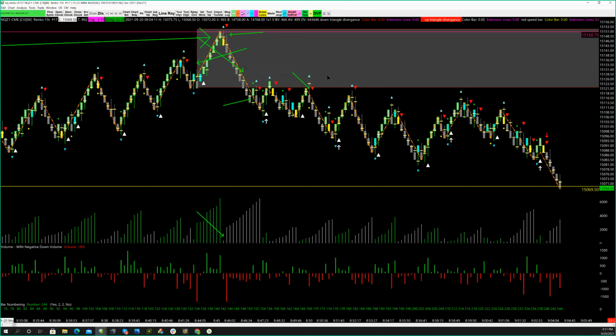1, 2, 3, 4. So in that time frame, there were 4 bars that printed with algos that were 1 bar stops because we're interested in risk reward. And all those bars, all the way across here,